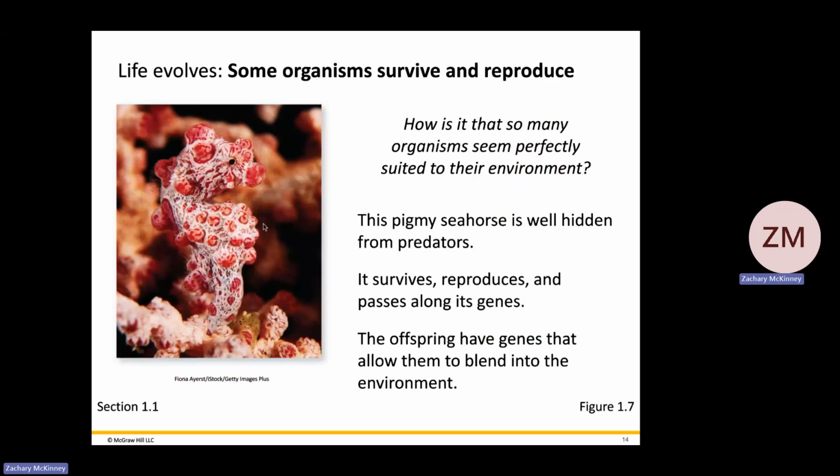So this is just showing another example of evolution. Rather than something like developing antibiotic resistance, this is a seahorse that's really fit perfectly to its environment, right? It's this little pygmy seahorse. It blends in perfectly with the coral reef. You can't say it's going to be the strongest or the fastest, so it has developed these really great hiding